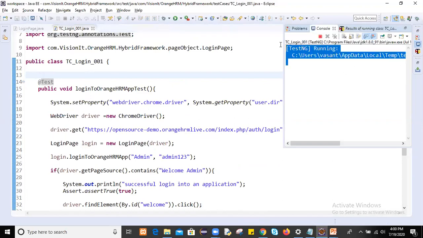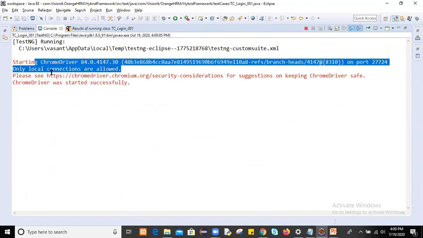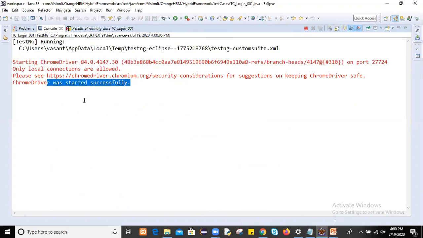Now you see it has started. Started ChromeDriver 84, only local connections are allowed. It's saying ChromeDriver was started successfully. It will take some time to launch the browser.